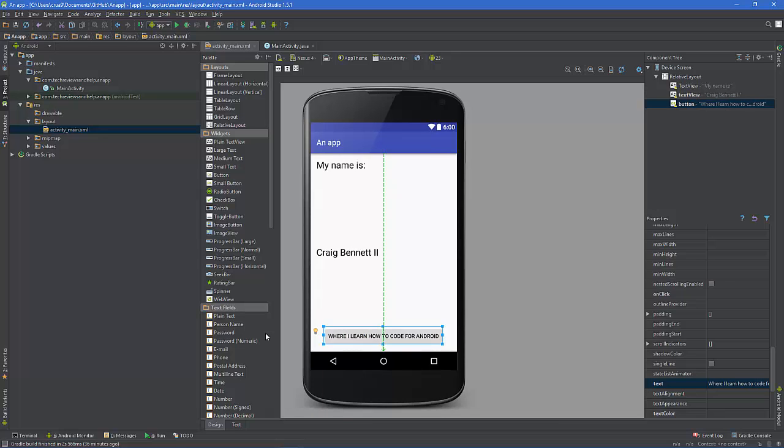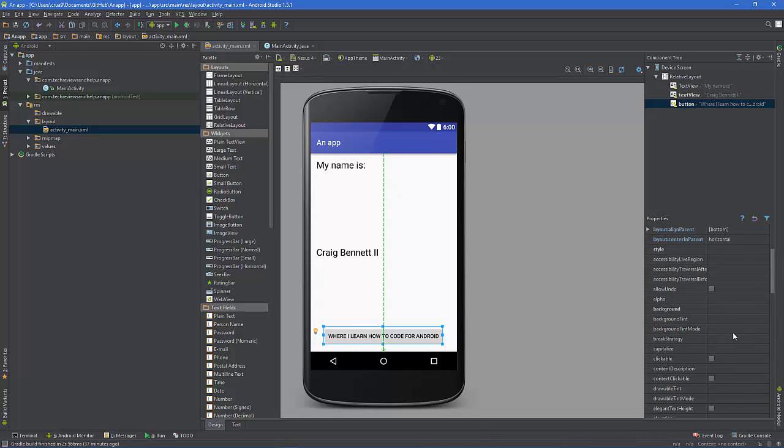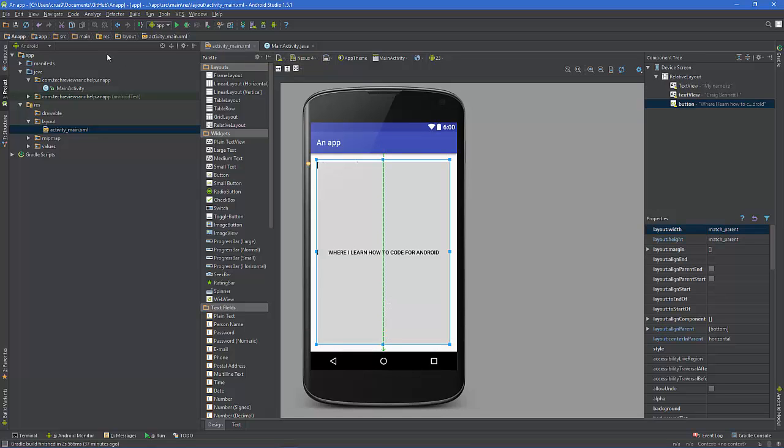And basically we want this to fill out the entire bottom. So what we will do is we can either go up to the top and the width and click that and fill or match parent, but a quick way of doing it is just clicking this button right here and it fills it. So if we want to do the opposite as far as the height, we can do that too. But let's undo that real quick, and we can change the background of the button to show like an